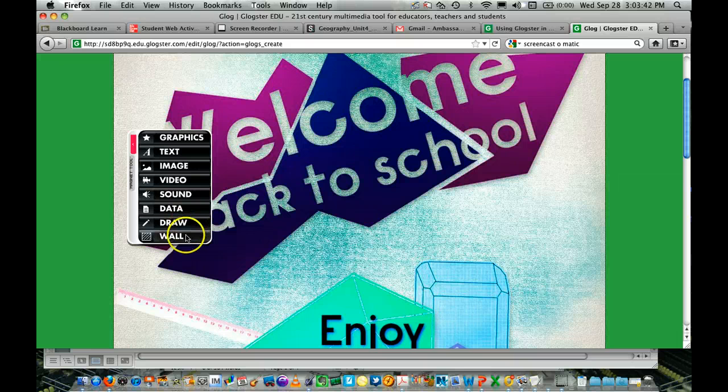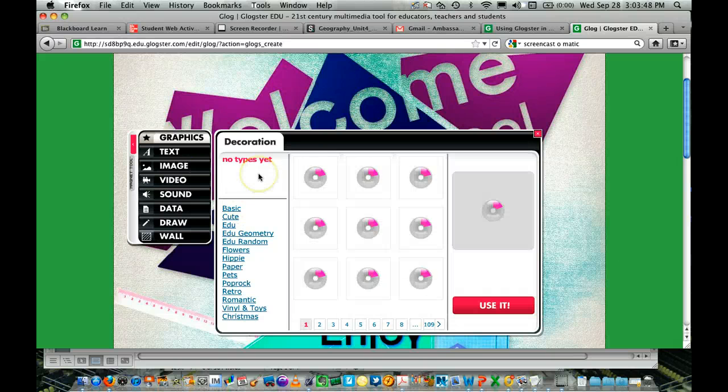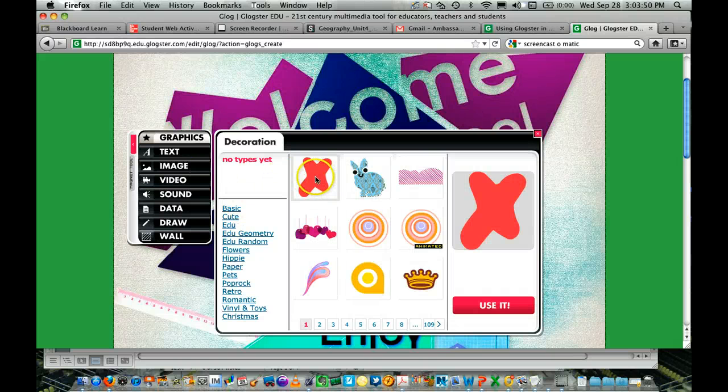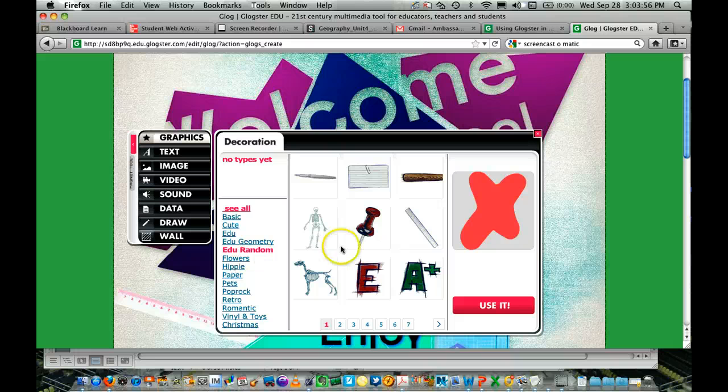Now a couple basic things. First of all, to insert any type of graphic, all I have to do is click on graphics, and then I have several different options. I can insert one of these graphics. On the left side of the screen, there are all different types of categories. And let's say I really want this push pin in my presentation. If I select it and then click on use it,